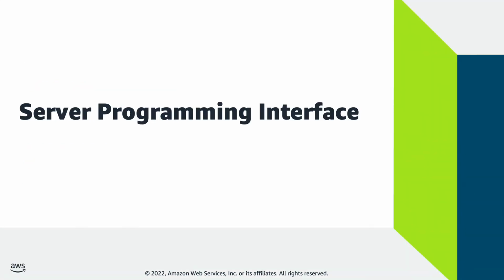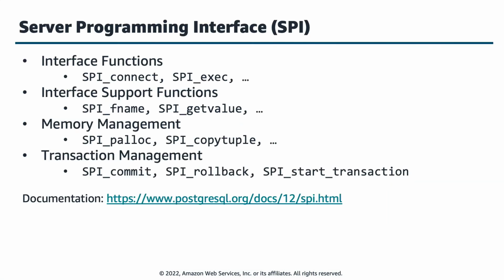Correct? Going a step further, how can you make more function calls from within your extension? This is where Postgres has thought it through, like how you would have your own client libraries to run your own SQL functions. Your extension has a similar mechanism using what is known as the Server Programming Interface. It provides a set of standard commands which allow you to connect, execute queries, go through the various functions, and even collapse them into transactions. You could say start transaction, run a bunch of queries, commit or roll back depending on the output. So just to show you an example,